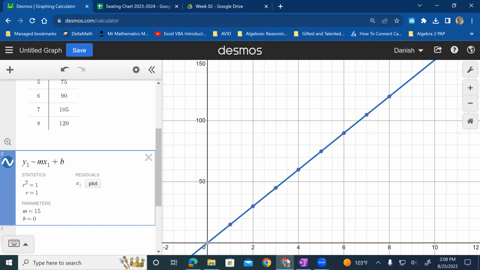Good. So now we do know that the equation of this line should be y equals 15x. We don't need to put the 0 there. You see, we have exactly fit the model, the linear model on the given points. Did it make sense? Yeah. Good job. So what I will do, I will